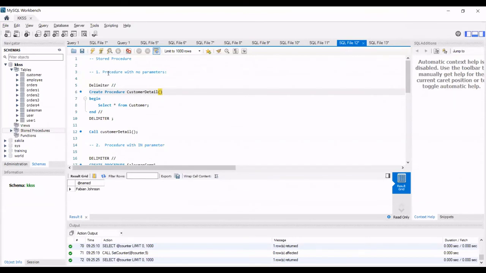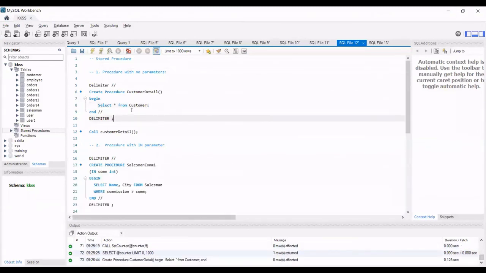Now let's come to the simple stored procedure. This kind of stored procedure doesn't have any parameters. Like in the previous one, we had 2 parameters, in and out. In these we don't have any parameters. For example, I have to read a table again and again. Instead of doing a select statement for that table again, I just create a procedure. In the begin clause I just write the query. Right now I just put that I want to see all the columns. If you want to see selected columns, you put your query accordingly, and you create that stored procedure.